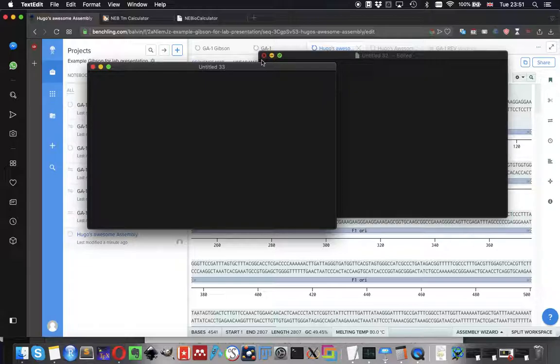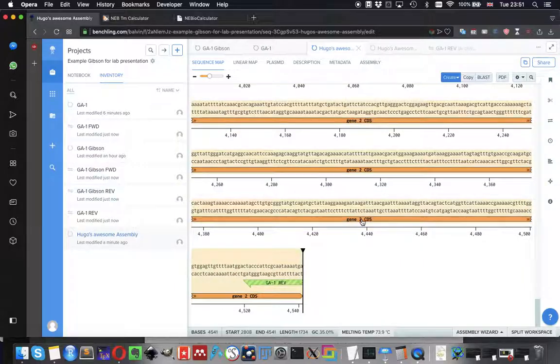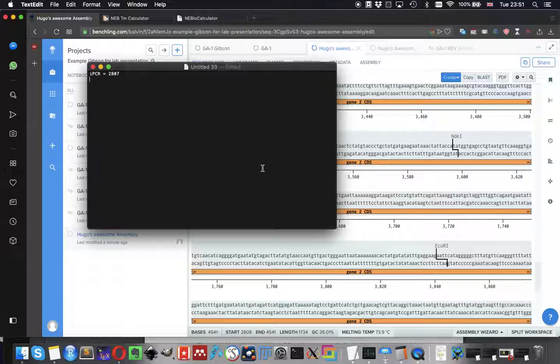Now, let's say you've carried out your reaction and you've done your gel purification. So your IPCR product is 2,807 base pairs long, and your insert, which you've gel purified too, is 1,734 base pairs long. If you're doing a 2-part or 3-part assembly, and I don't think you will be doing much more than that,